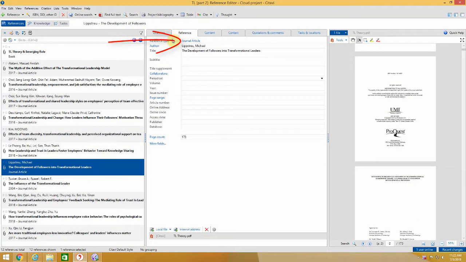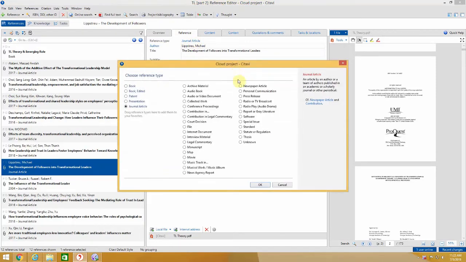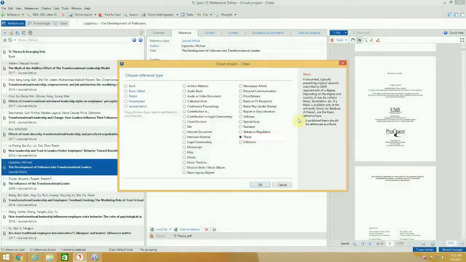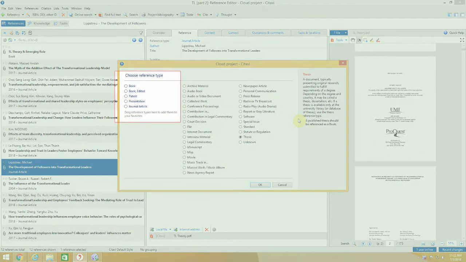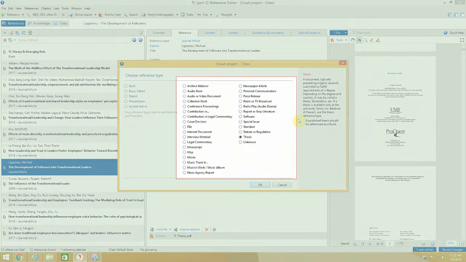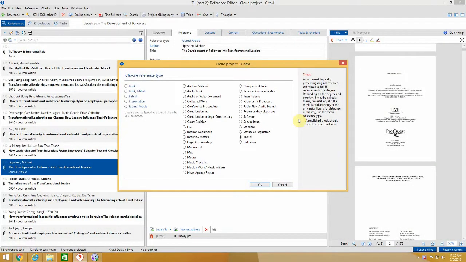To do that, I click on the journal article blue link and a pop-up window appears. Now I will choose Thesis. The left-hand side of the screen has all the reference types that are more frequently used, and the right-hand side has all the reference types that are not so much in use. Since I plan to use the Thesis reference type in this project, I will drag and drop it to the left-hand